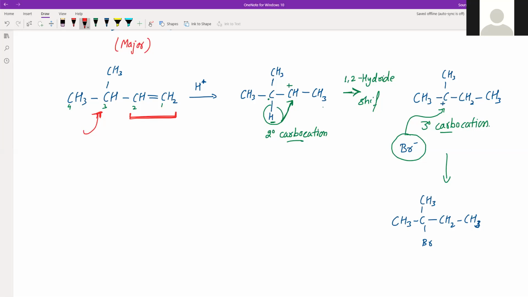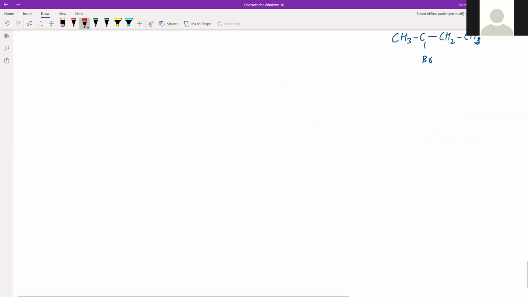There can be even a methyl shift possible. We'll see that as well because we have studied methyl shift too. So what can happen next in the same case is that this CH3, CH3, CH3, CH double bond CH2. So what is the difference here? Now here instead of H you have a CH3.